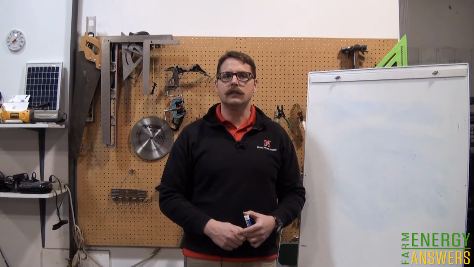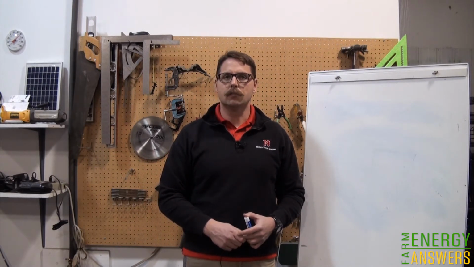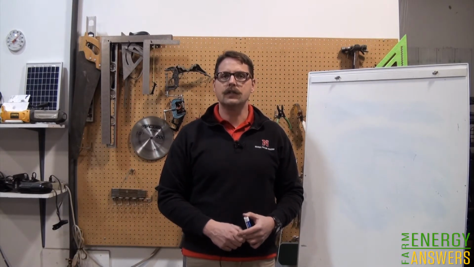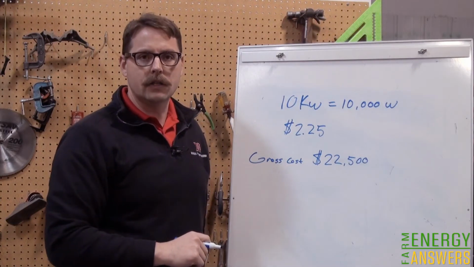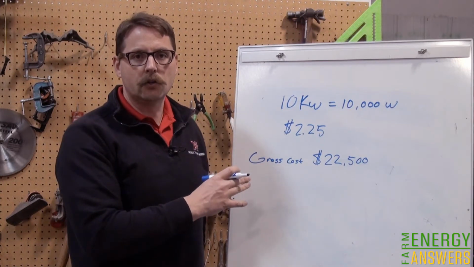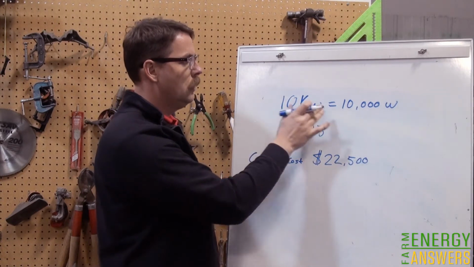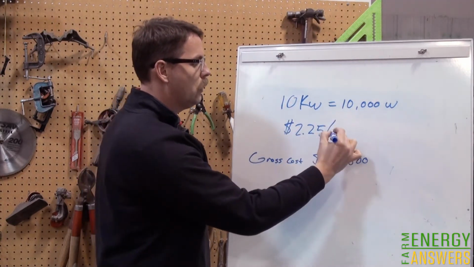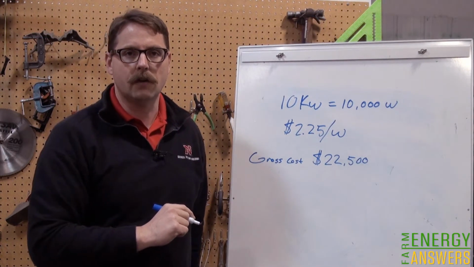Now that you have gross costs, next subtract incentives such as federal and state tax incentives. Incentives can come in the form of credits, depreciation, federal grants, other state incentives, and utility incentives. This will give you the net cost of the system. The net cost must be paid off by the value of the electricity produced. To calculate our net cost, we start by finding our gross cost. We're going to assume a 10 kW system, which is 10,000 watts at $2.25 per watt, which gives us a gross cost for our system of $22,500.